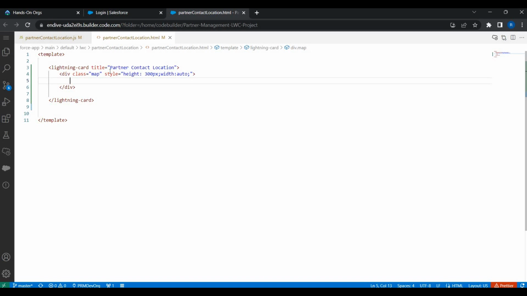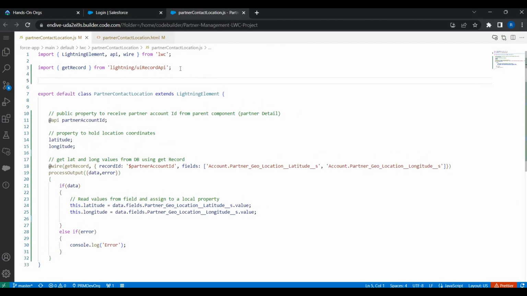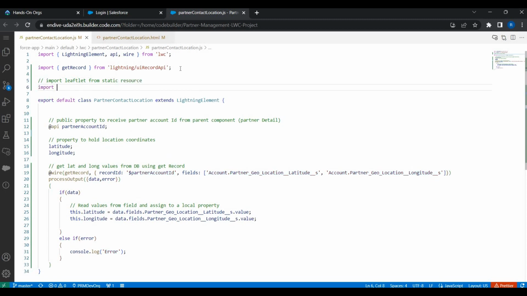Yeah. So cool. This is cool. So let's go back to the JavaScript. Okay. And the very first thing is we wanted to import the right functions, right? So very first thing is import leaflet from static resource. So that's what we're going to do. So we'll just say import. Let's give a name and say it's